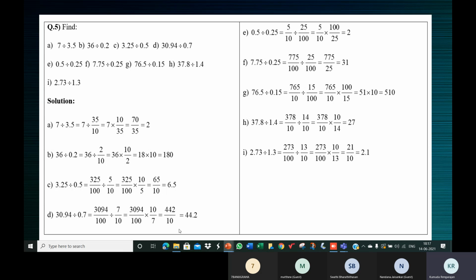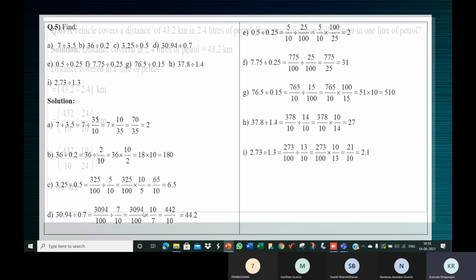Now you simplify. When you're simplifying, you should be careful. If you're getting 10, beyond that you don't simplify, because it's not exactly divisible. 442 by 10 is not exactly divisible. If you divide by 2 further, you will lose the denominator 10, you will get 5, and then you have to perform the division and get the decimal value. So what you can do is cancel the 0 in the denominator and the 0 in the numerator. Then it will be 10, no problem. 100 can become 10. Now don't lose the 10.